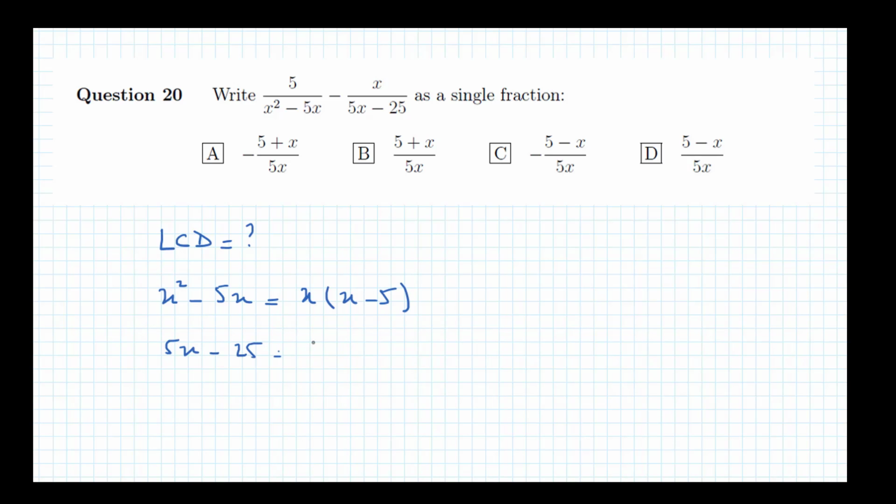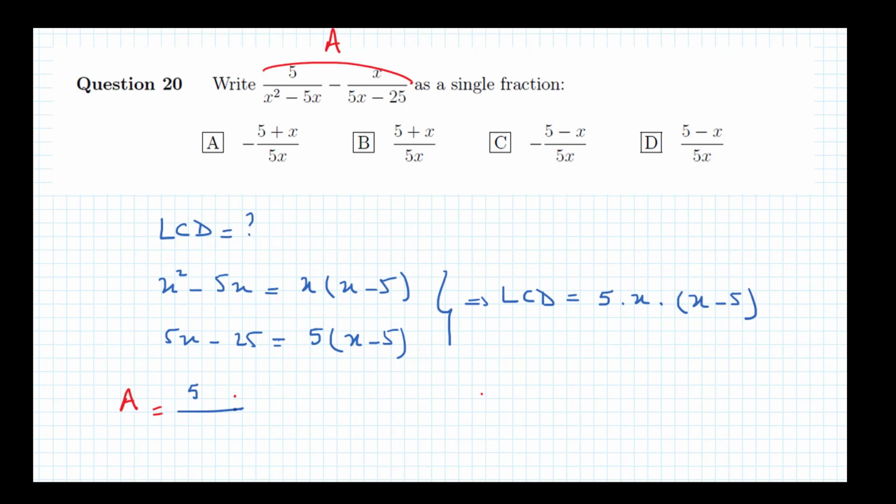Also, we take 5 as a common factor for the second denominator, and we get that 5x minus 25 equals 5 times x minus 5. Now it's very simple to find the LCD, since it is equal to 5 times x minus 5. Now if we denote by A the expression under study, we have to multiply the numerator and denominator of the first fraction by 5. And for the second fraction, we should multiply the numerator and denominator by x,